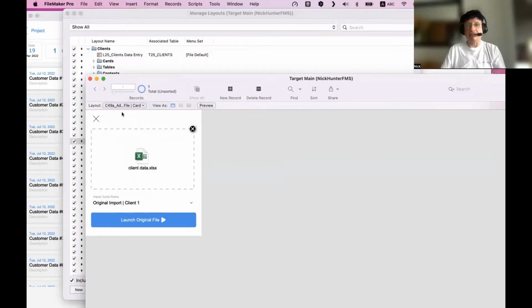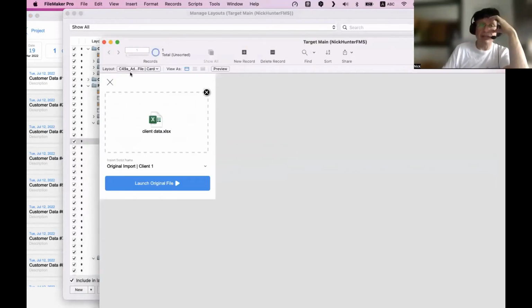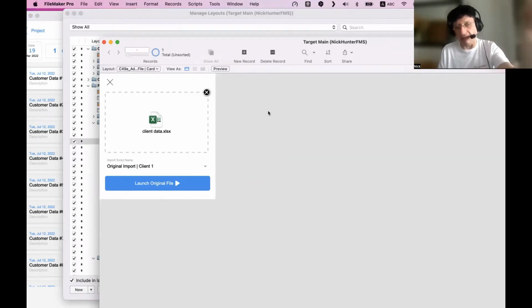I don't care. It's C49A, and I'm using this because look at what FileMaker gives me as visibility of the layout name. I don't know. It's C49A add new file card. Okay, thank you very much. Imagine I don't have the C49A. How the hell can you know what it is? You can't.